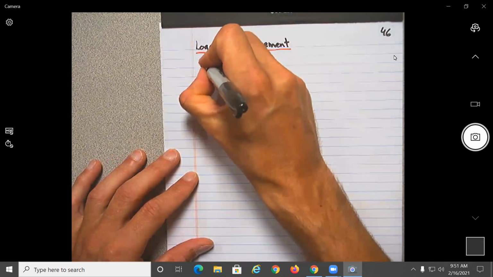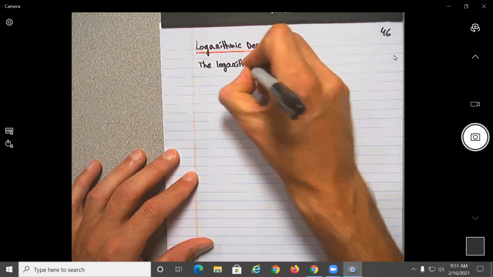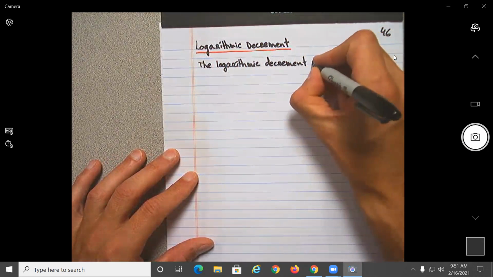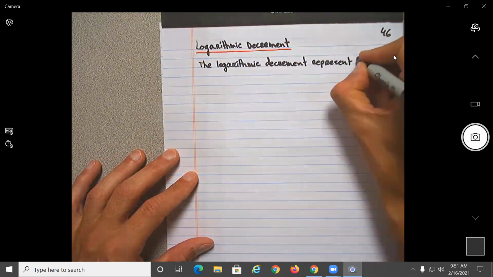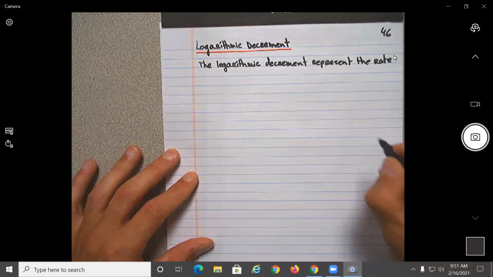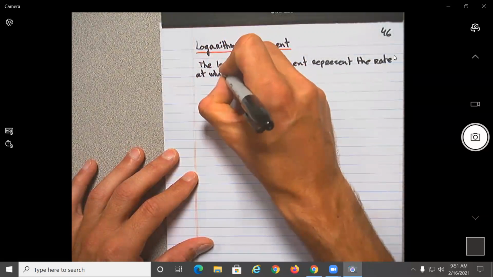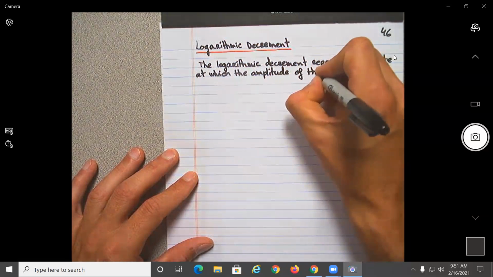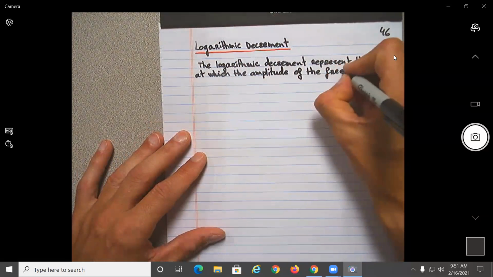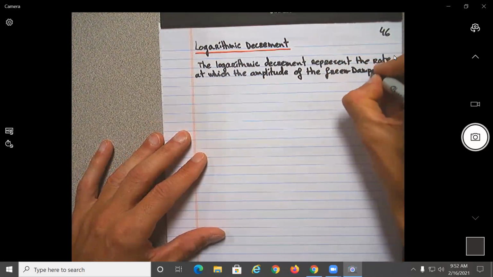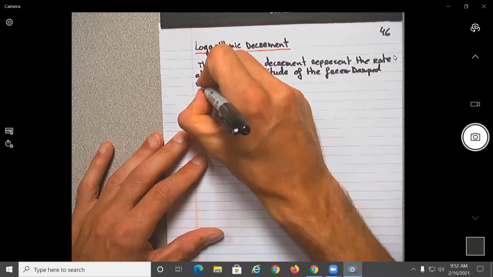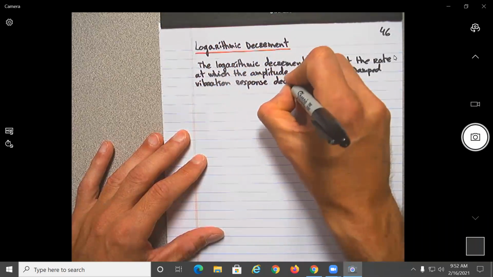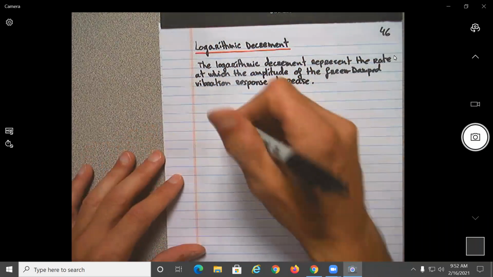Okay, so let's put over here, the logarithmic decrement represents the rate at which the amplitude of the free damped vibration response decreases. Okay, so basically if I do the figure,